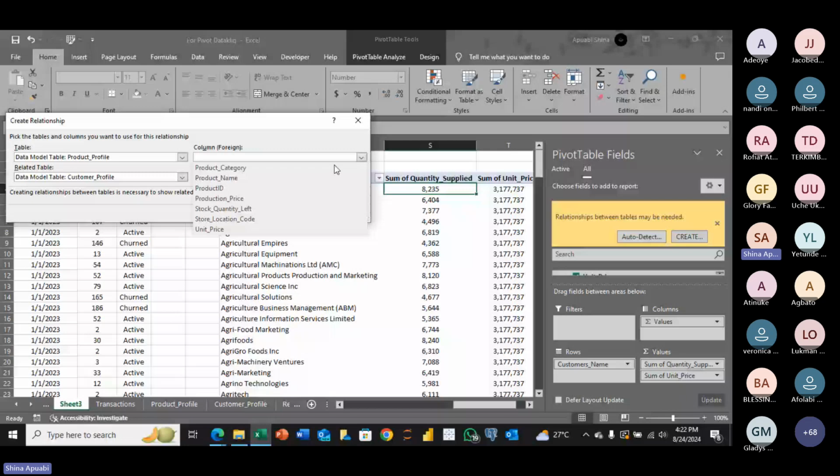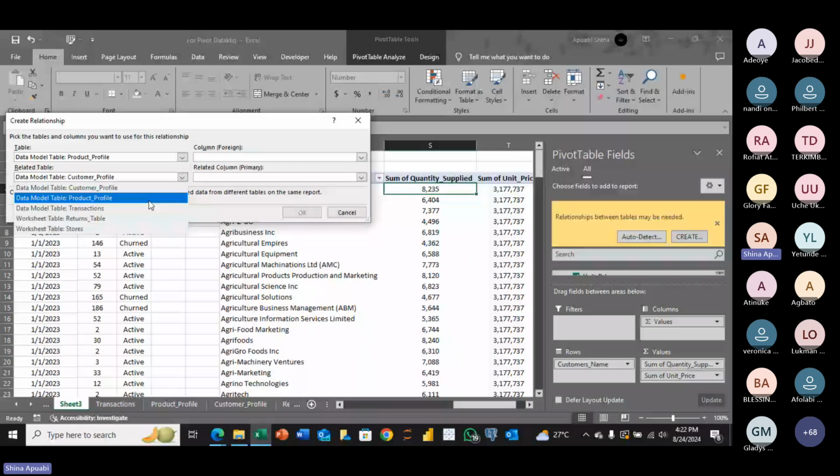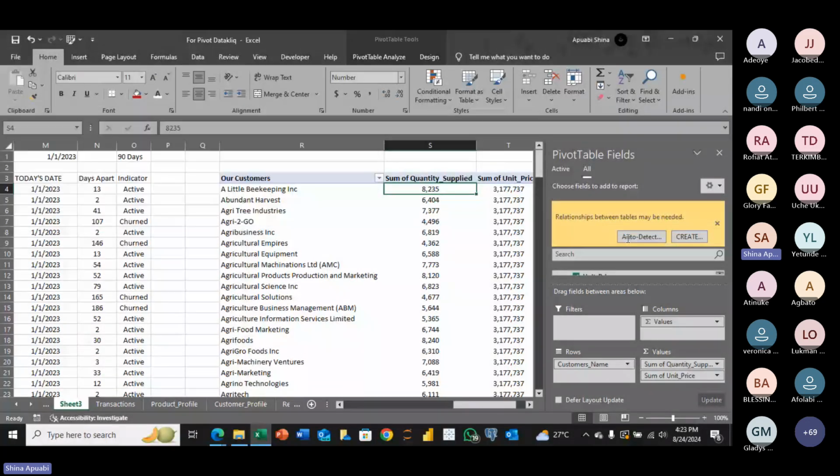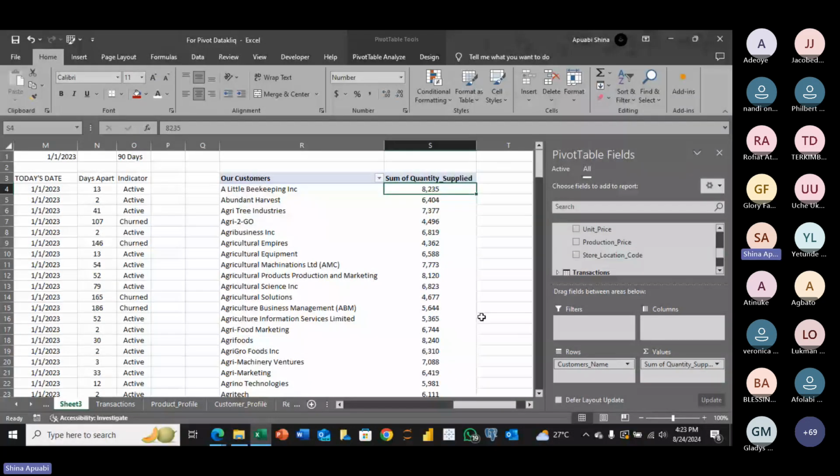Oh, sorry. Product. So this should be product ID. Relationship already existing in the same table. Okay, but let's see why it's not connecting. So this is our customers, this is the quantity supply, and